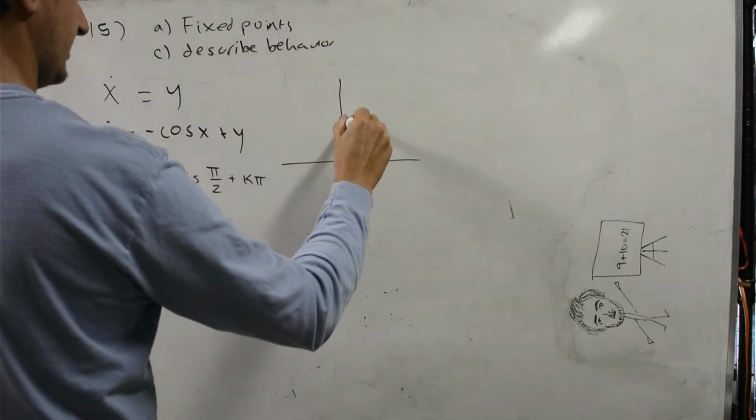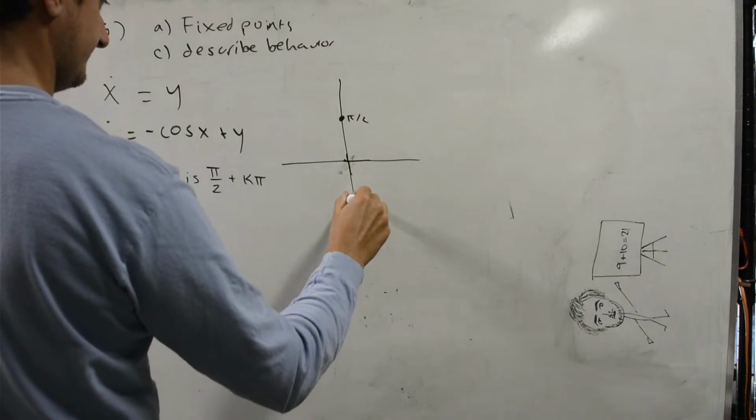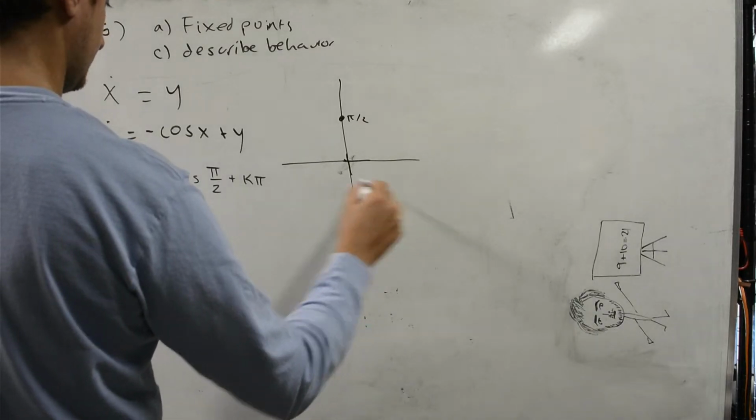Alright, so this is gonna be pi over 2. This is gonna be